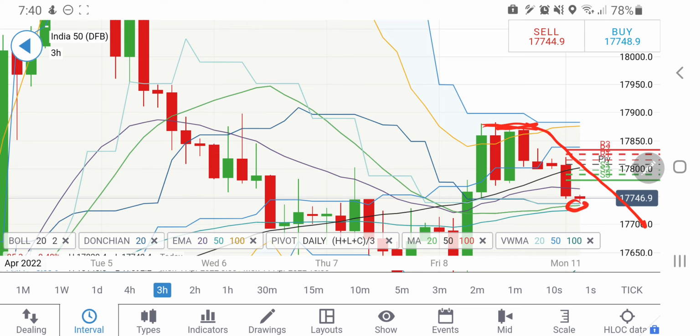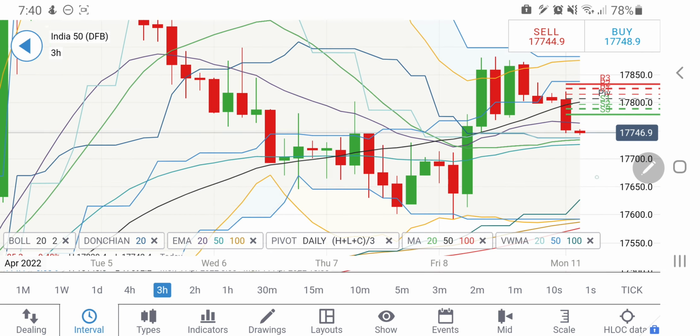The support zone here at 17,700, 750 should come into picture. If 17,700 is taken, we may see a sharper drop towards 17,650 and 17,600. This is going to be a larger support. So yes, once again I am reiterating, you can take a short entry below 17,700, where you can expect 17,650 and 17,600. This zone is going to remain important. If you see it bouncing back from here, one can take a long entry again.